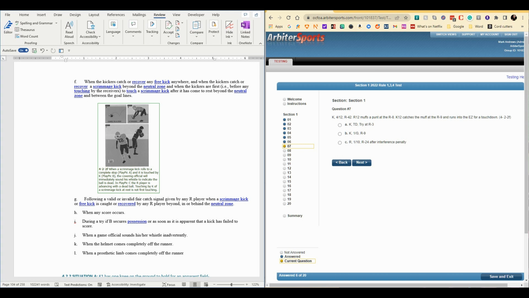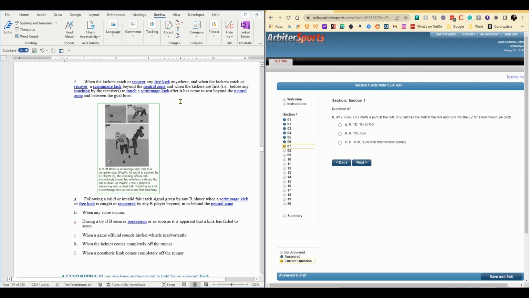And 4-2-2-F tells us when the kickers catch or recover any free kick anywhere, and when the kickers catch or recover a scrimmage kick beyond the neutral zone, and when the kickers are first, i.e. before any touching by the receivers, to touch a scrimmage kick after it has come to rest beyond the neutral zone. This is when a play ends. Okay? So,